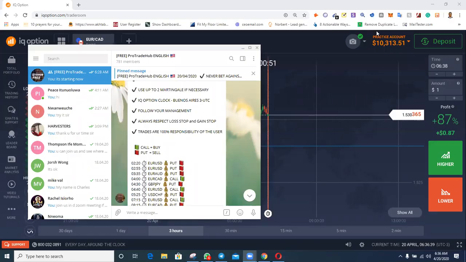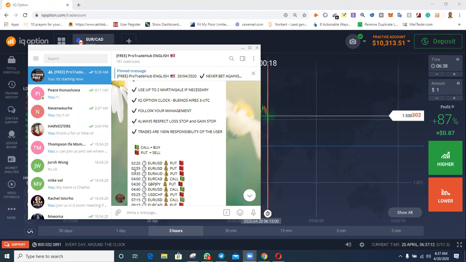People that use the mobile app are having the same problem, okay? Because they cannot set the time on the mobile app. The IQ Option mobile app does not have time settings. So what I advise is that once you get the signals for a day, take a book or a piece of paper, write out all the signals, and convert the time to Nigeria time. You are 4 hours ahead of Buenos Aires. Are we getting that? We are 4 hours ahead of them in Nigeria.